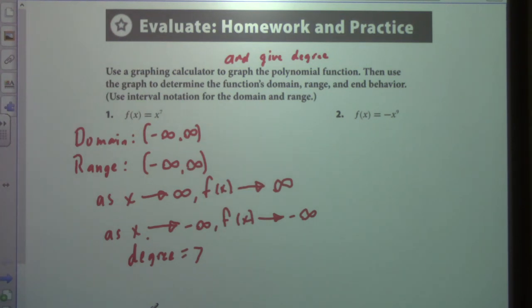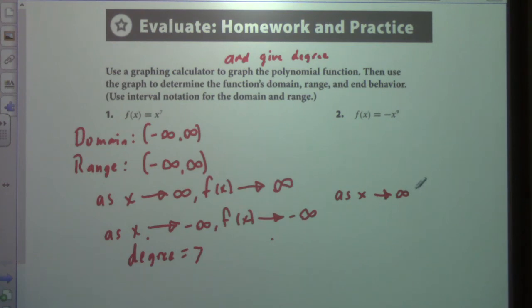I don't know how legibly it's going to write. Is that correct? I didn't write anything. Oh, you didn't write anything? Correct. Negative x. Yes, you're going to start high and low. So domain, you figure domain and range would be the same. Then your end behavior, your degree is 9. So it would be as x approaches infinity, f of x approaches,